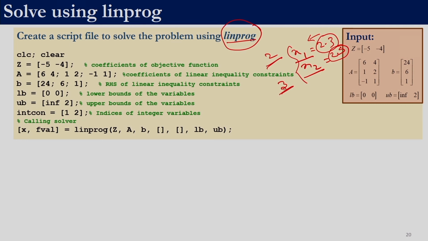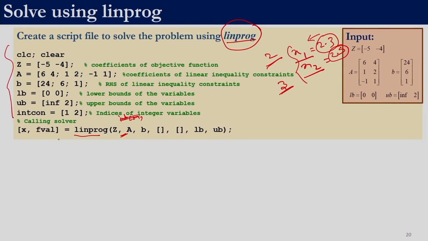So for this problem, let us see what will happen if we solve with linprog. This piece of code you will be able to understand. Just instead of intlinprog, we are using linprog, and over here we are not defining the intcon. Otherwise we would have given the intcon between z and a. Here we are not giving it, as for linprog that is not required.